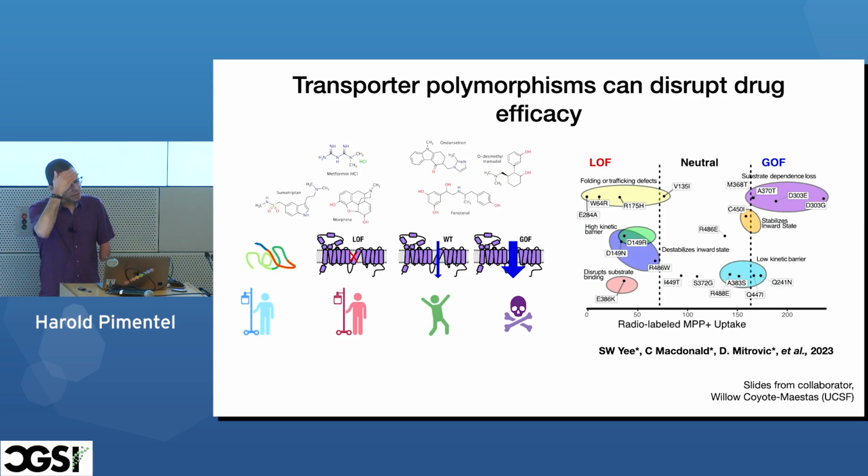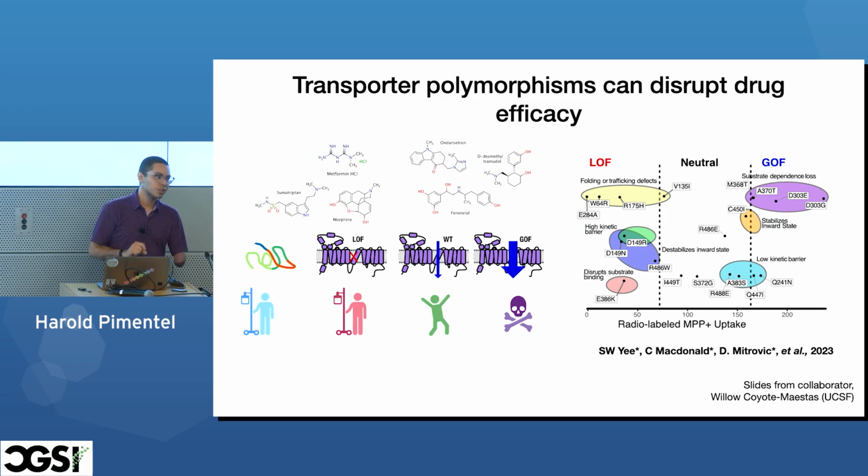And so if you're interested in this sort of thing, this paper is now published from Kathy and Willow and all these other folks. You should definitely check this paper out. They did a really, really nice characterization with a lot of follow-ups and a ton of different assays. But the foundation was done using deep mutational scans, right? So they did a ton of different genetic variants with basic cytotoxicity screens, and then used this to nominate a bunch of other assays that they were doing downstream. So that's kind of how the technology is used, generally speaking.